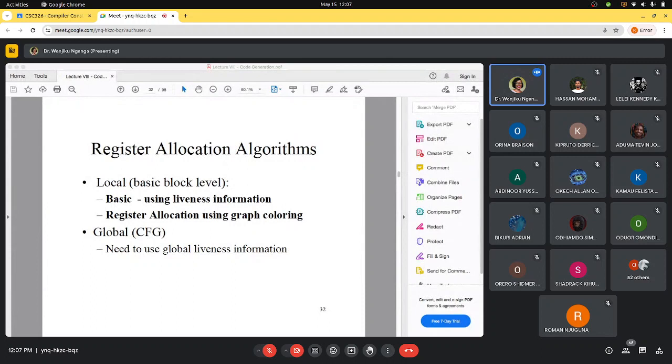Now, for register allocation, we definitely need two pieces of information. We need local information, which is at the level of the basic block. And then we need the CFG, which gives us the global view of the code. Okay. So there's that notion we're going to introduce called liveness information. And we'll look at liveness within a basic block, and then how to use that information to allocate registers, and also take advantage of global liveness based on the CFG